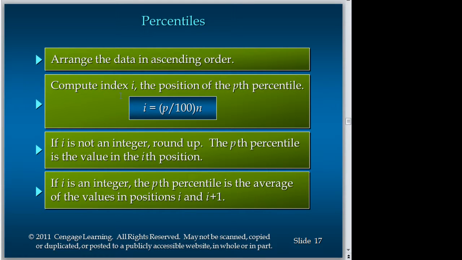So, to figure out the index i, the position of the p-th percentile, basically it's like this. Let's say you have 100 data points and you want to figure out what would be the position of the 40th percentile. How do we find that, right? According to this formula,